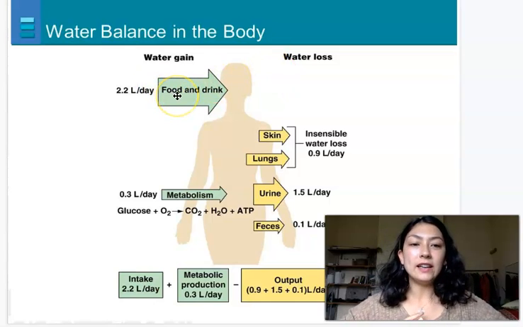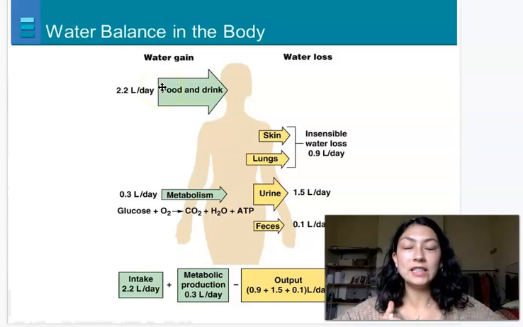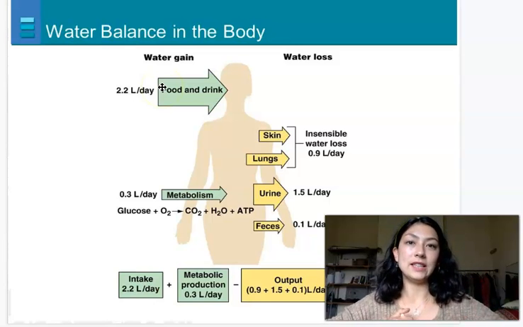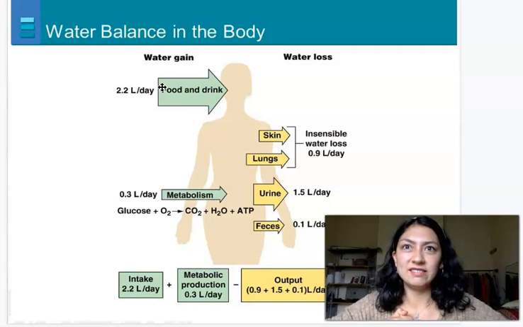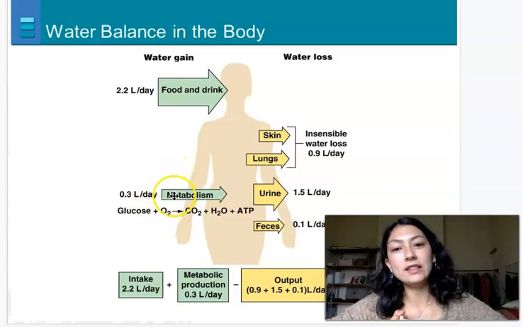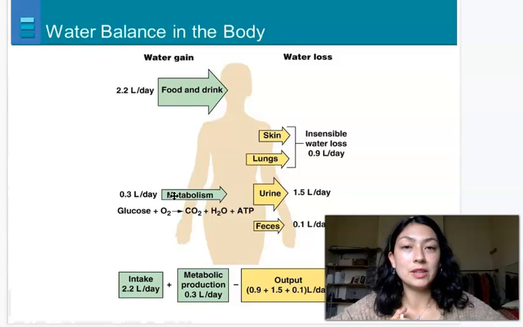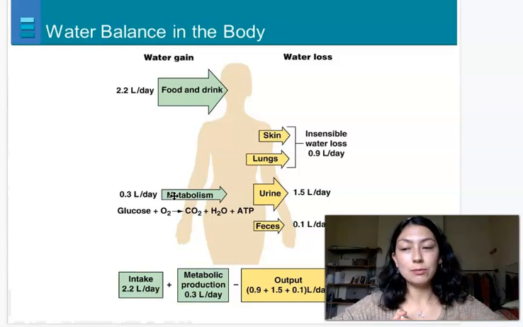Our water gain comes from 2 things: external, so food and drink, so eating and drinking, remembering that most of the food that we eat is actually made up of water, unless we're just eating dry saladas all day, but probably not. And then we also have a little bit of water produced from metabolism, and that is cellular respiration, remembering that one of the products of cellular respiration is water. So some of that water we do breathe out, but some of it's also produced by the cells, so it's kept in the system.